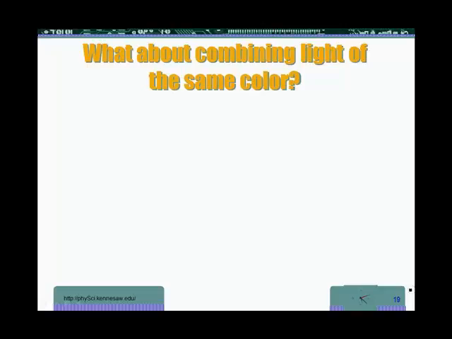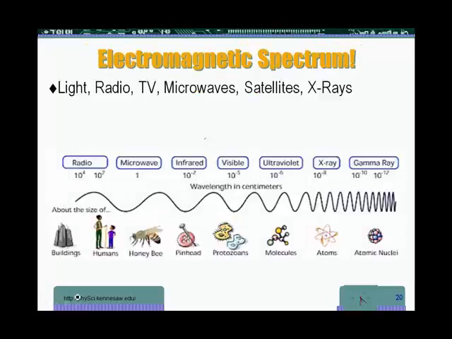In this segment, we will be discussing combining different light waves. We'll start by discussing combining light waves of the same color. Of course, before doing that, we have to be precise about what we mean by color. Now, if you recall this particular slide, when we discussed the electromagnetic spectrum, we have remarked, I hope you recall,